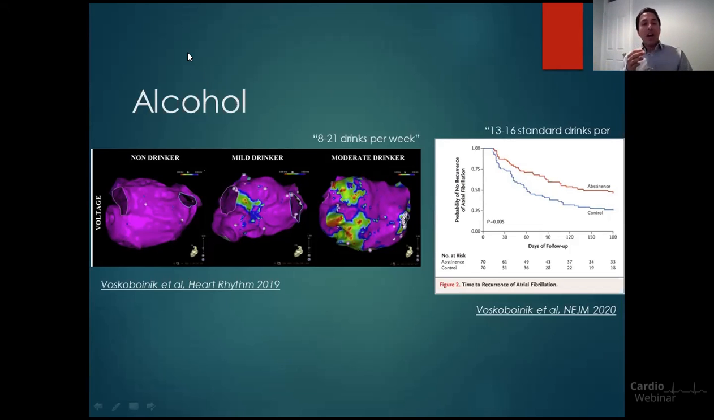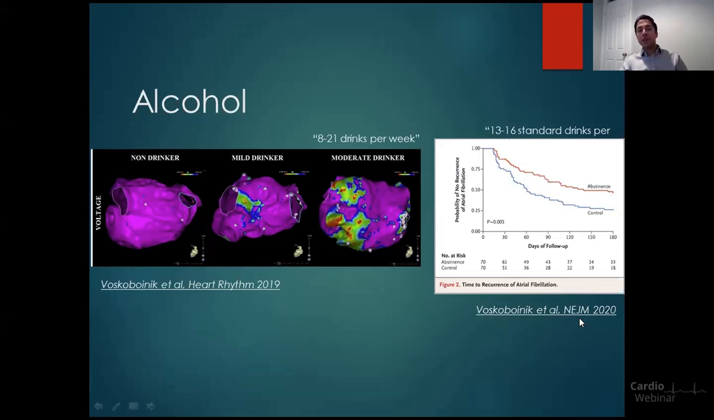Here you see 3D electroanatomical maps of patients who all underwent AF ablation. And what you see in this particular picture are 3D maps of the left atrium. And I think this picture is really powerful. The color purple means you've got a healthy heart. The color yellow and red means you have a diseased heart. And what we see is the more alcohol people drink, the more diseased the heart becomes. The second thing this